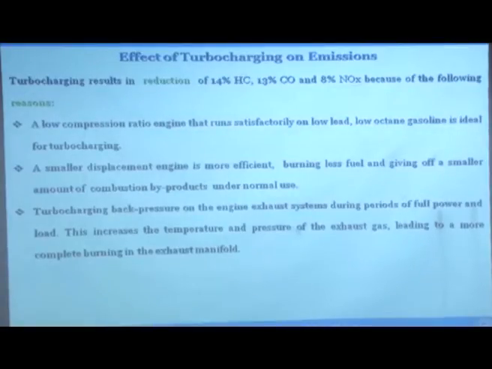Turbocharging is basically acting like, in a normal engine, exhaust is going out freely. Now you put a turbine, so it will create some kind of a pressure on the engine because it is an obstruction in any way. So, it creates back pressure. Back pressure means that now the engine has to work harder to push the combustion products. So, it will run hotter, right, and then once it runs hotter, all these hydrocarbons and carbon monoxide will burn actually.